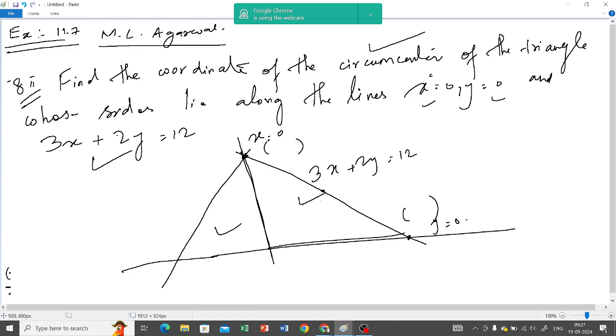পারবে তুমি করতে? এই লাইনটার মধ্যে put x equals to 0, get the value of y, very simple, and then put y equals to 0, get the value of x. So you will get something over here, something over here, find out the midpoint, that is the circumcenter. বুঝতে পেরেছো? Yes, sir. করো ঝাড়ে করো ঝাড়ে